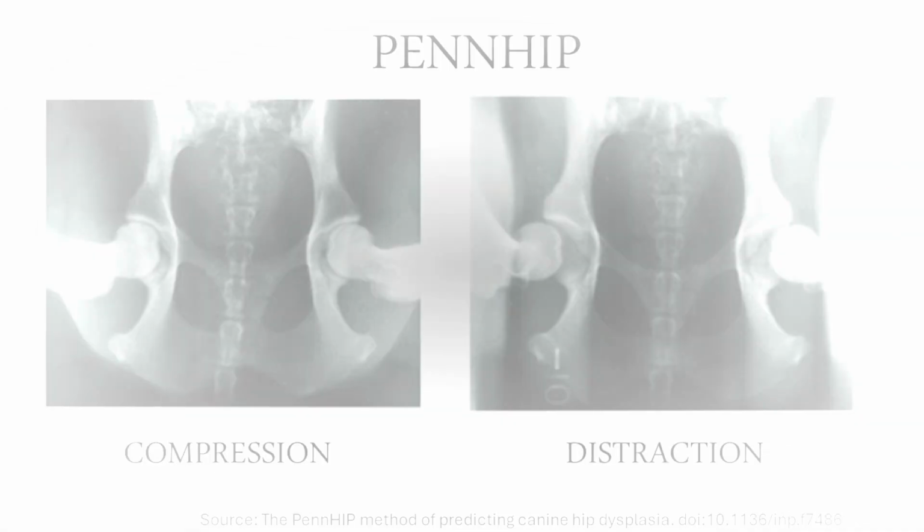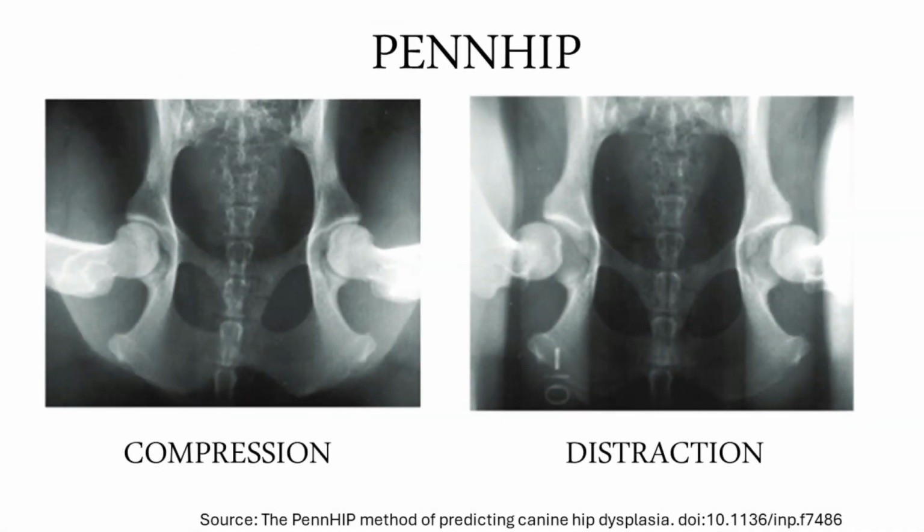This measurement is commonly utilized in conjunction with a morphological evaluation of joint congruity using the ventrodorsal hip extended radiographic and screening protocols of HD. Another method is the PennHip method, established by the Pennsylvania Hip Improvement Program in the 1980s, which involves the use of distraction and compression radiographs to assess joint laxity and can be conducted in puppies as young as 4 months